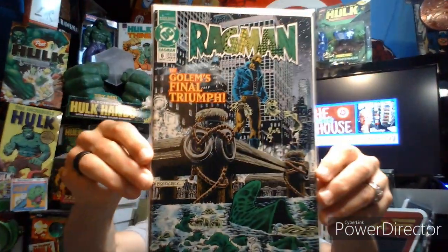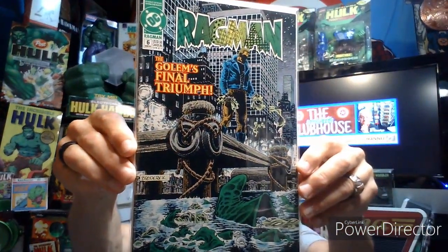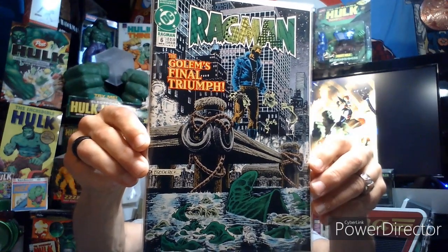Now, next up, I picked up Ragman. This is part of an 8-issue miniseries, and this is number 6. Ragman is one of those underutilized characters that I enjoy. Next, I picked up